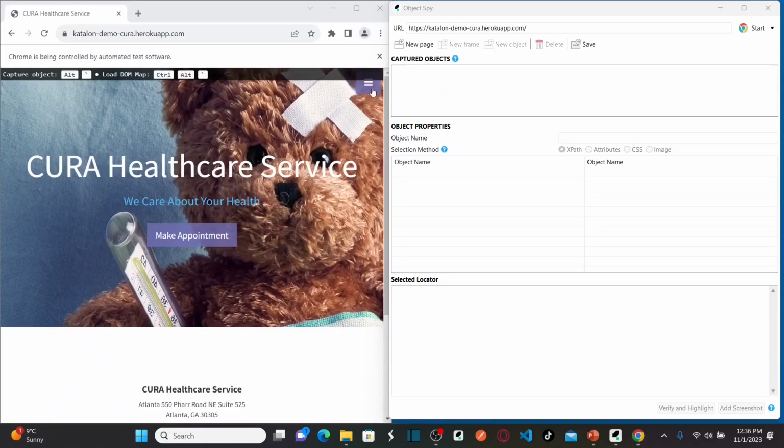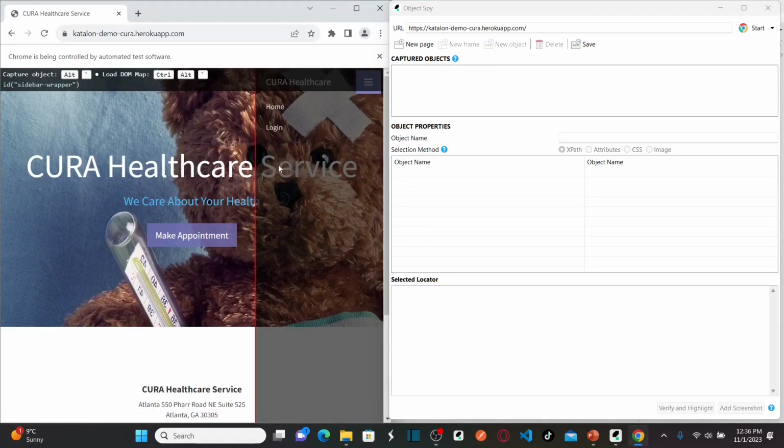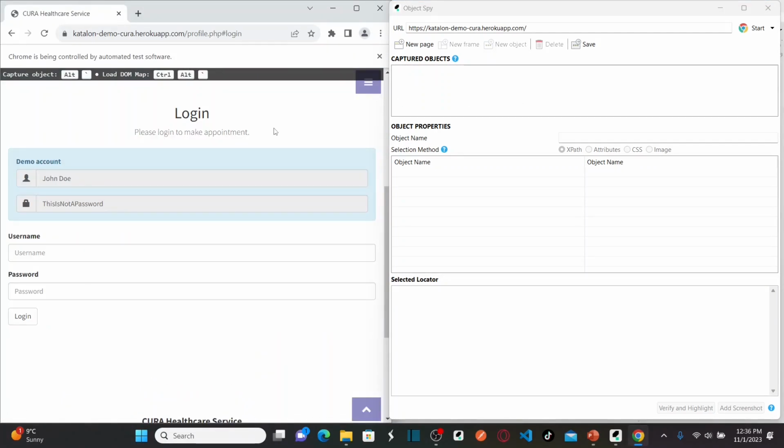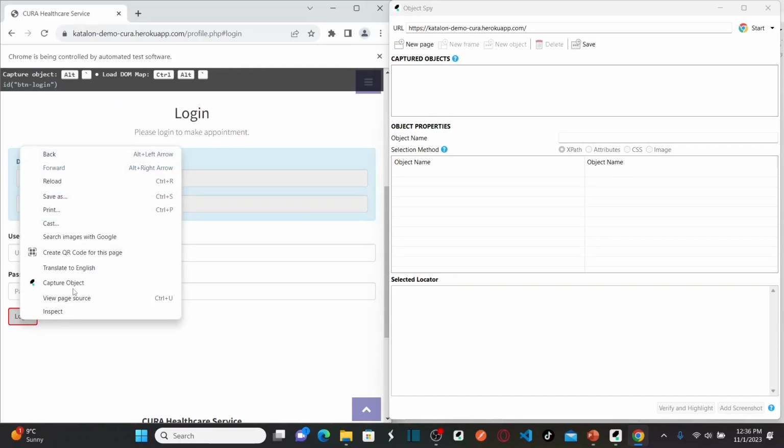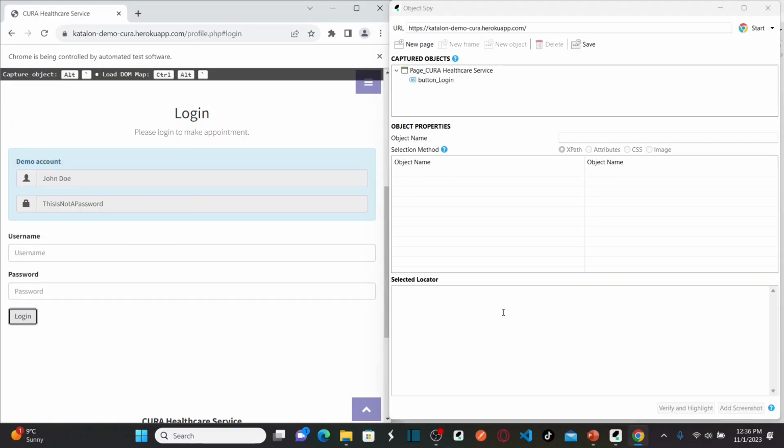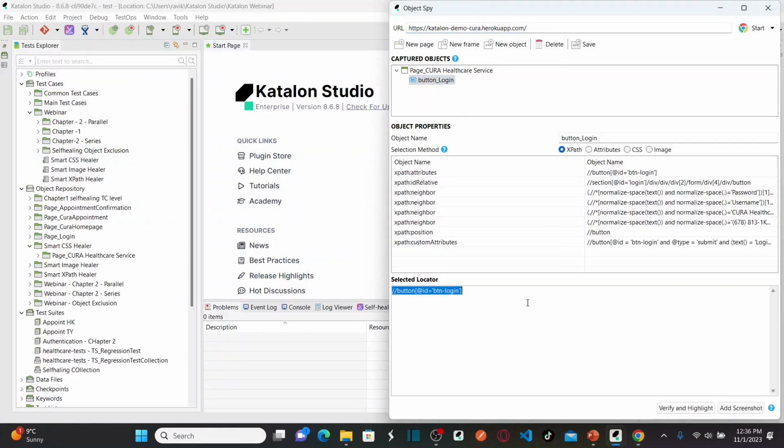And now let us log in. Okay, so let us click on login. Now I want to identify this login button by using contains. Simply right click and then capture. So now instead of using my default locator, I want to modify this. What I'm going to do, button, I'm going to keep button. Now I want to use the contains